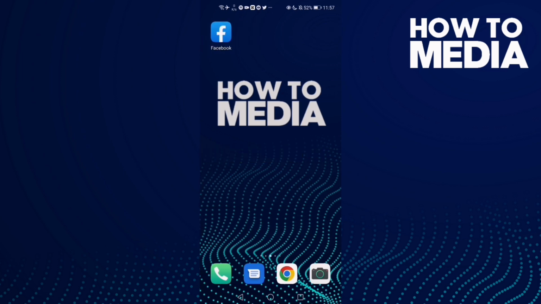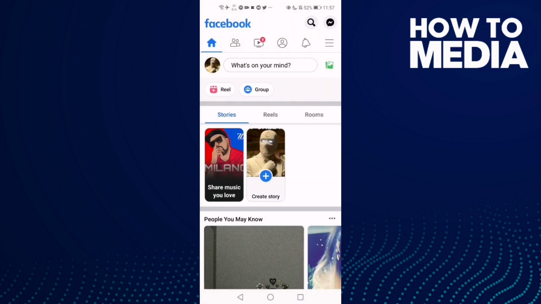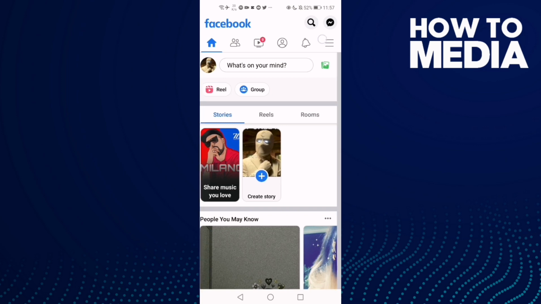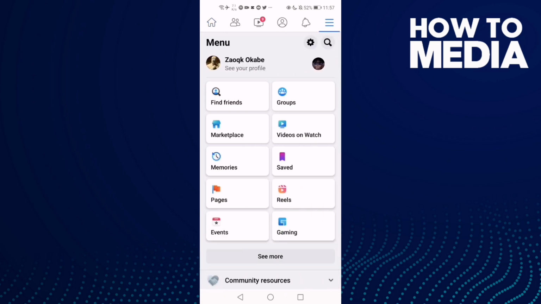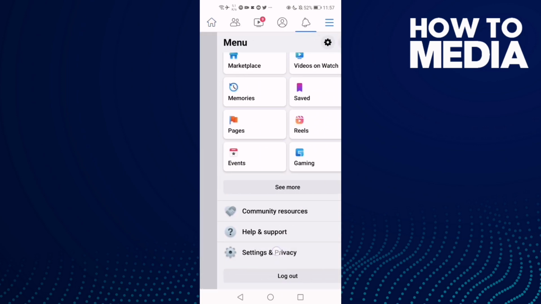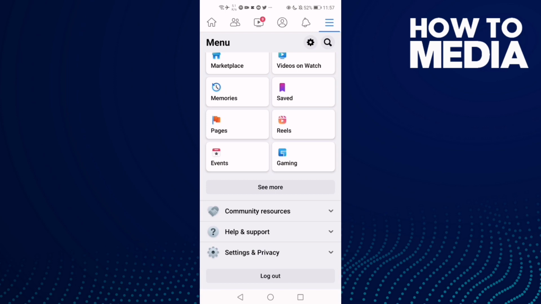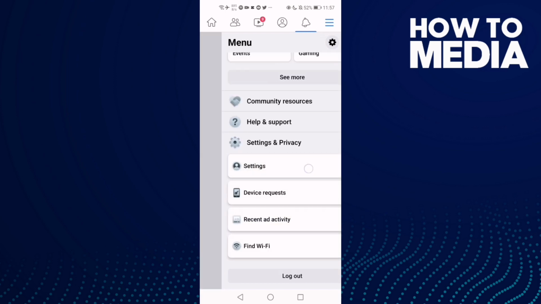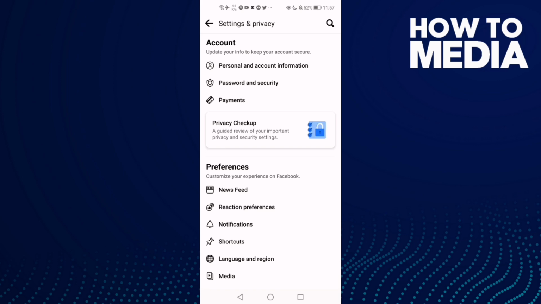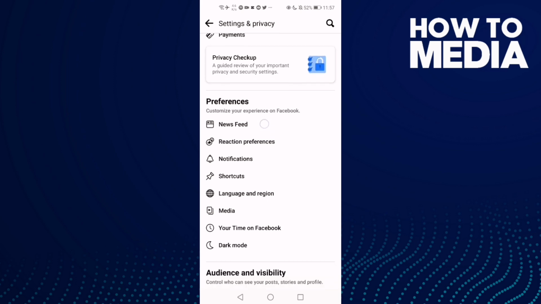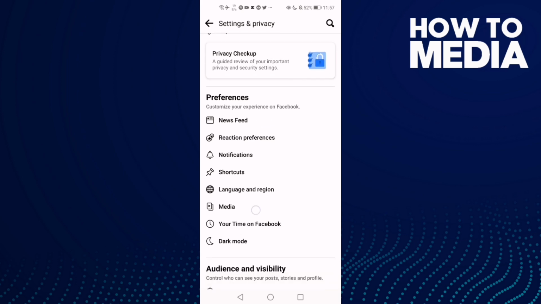First thing you're gonna do is go to Facebook and now click these three lines here, and now go down until you find settings and privacy, and then click settings, and now go down and click this one, media,